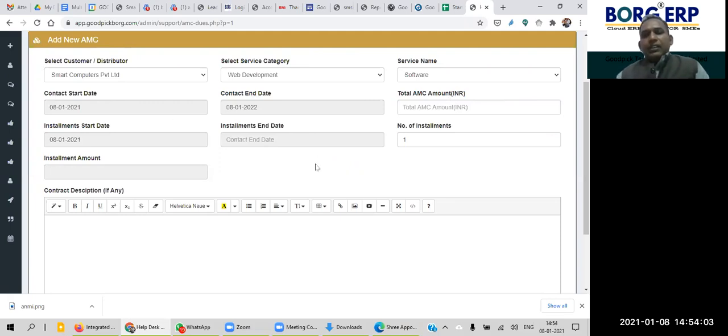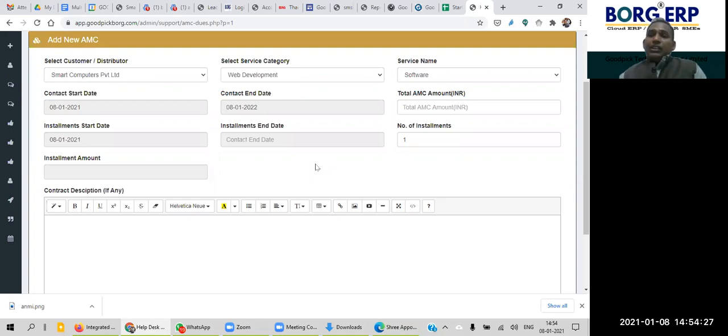We have seen in some organizations that some people do not pay in advance for that particular contract. So we have given an option: they can pay in 2 installments, or 3 installments or 4 installments, whatever it is.